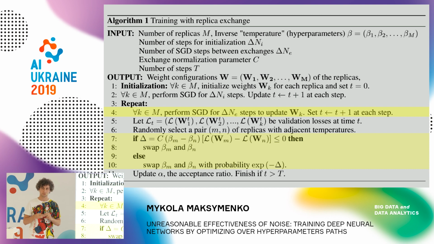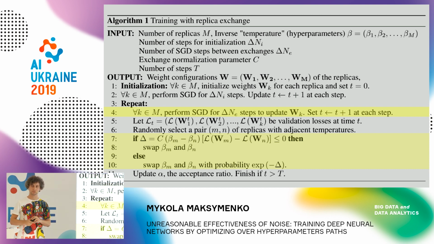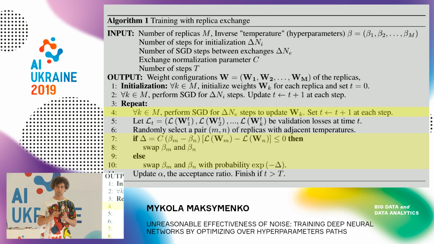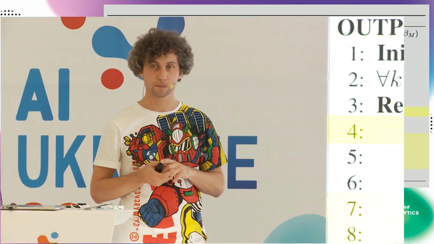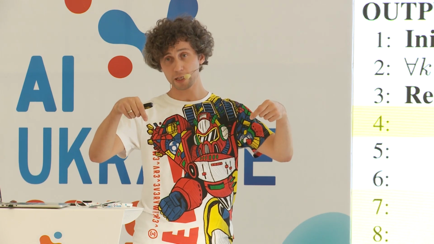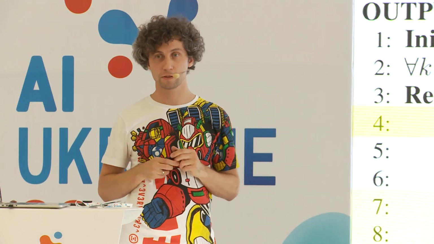Okay, so the other question is, if you swap, you continue training both models, and in some period of time you can swap again between those two models and return to the original. Yes. Which might not be optimal for that moment in time, but will be optimal in the global sense. Okay, clear, thank you.